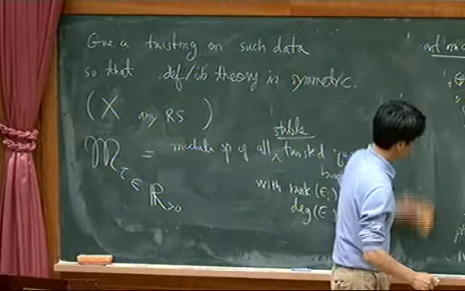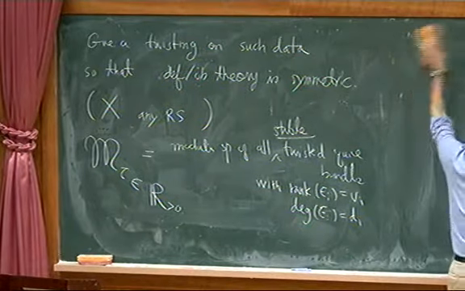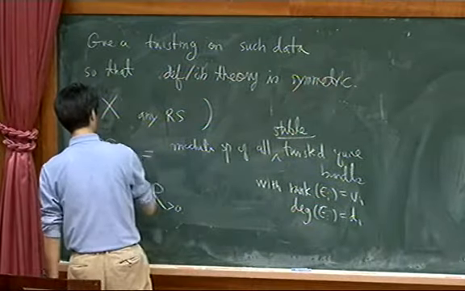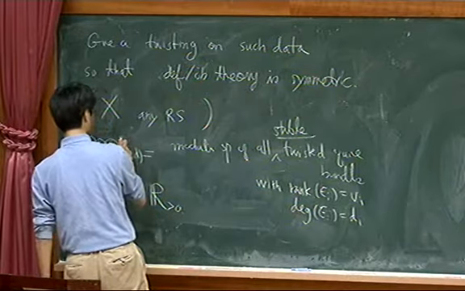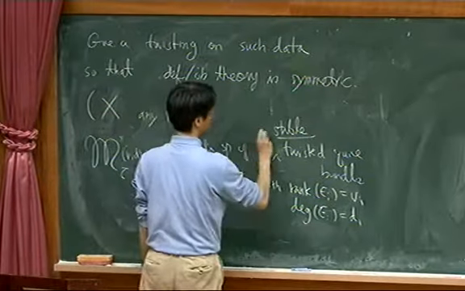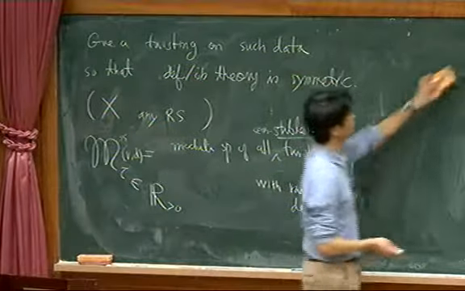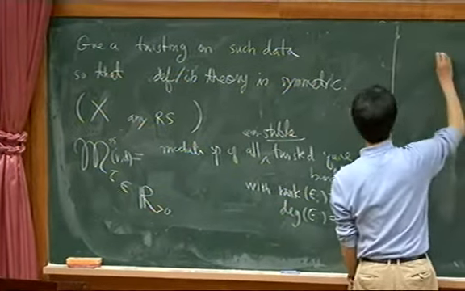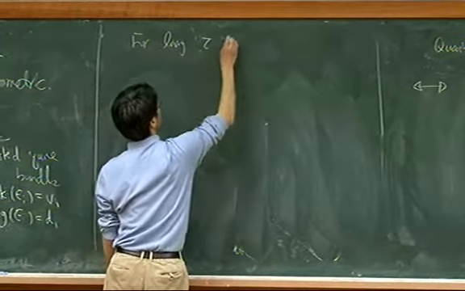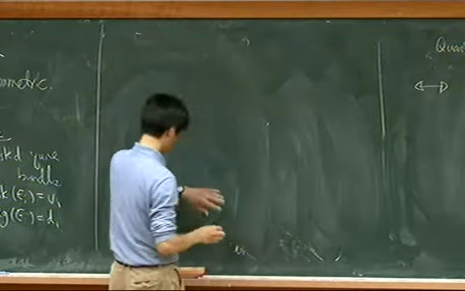What can be proven is that stable or sometimes semi-stable is the following: for large tau,